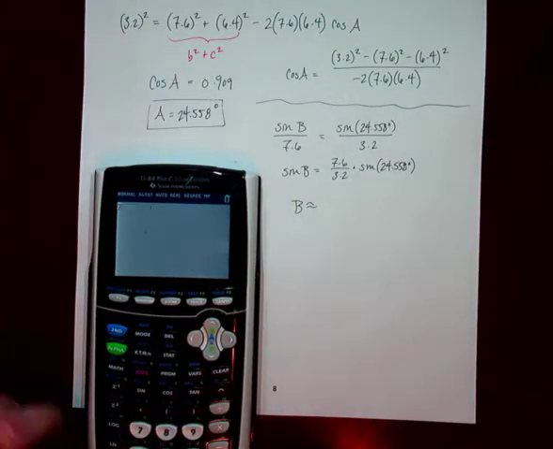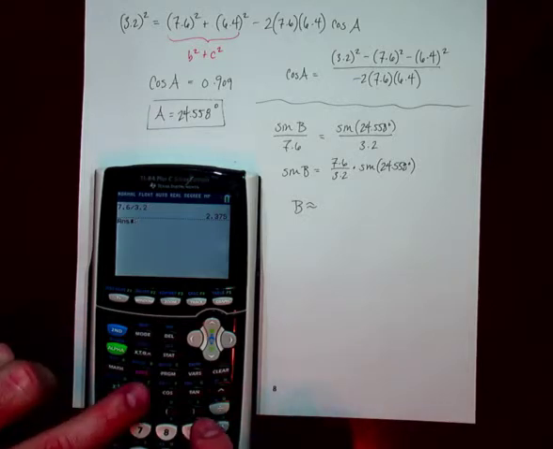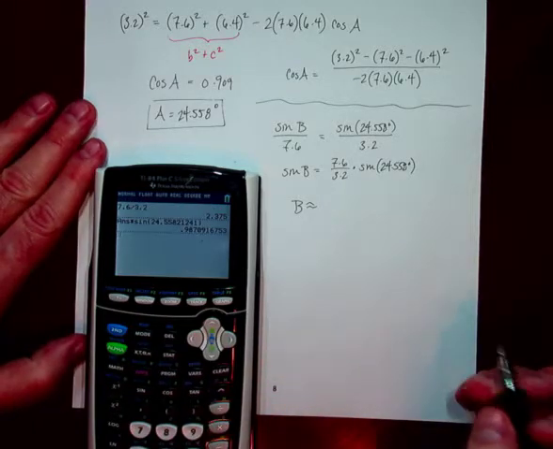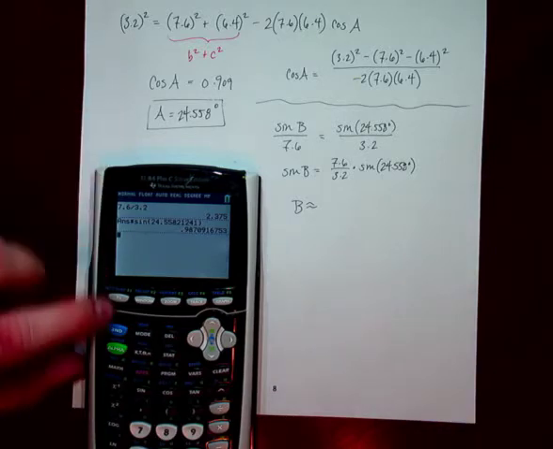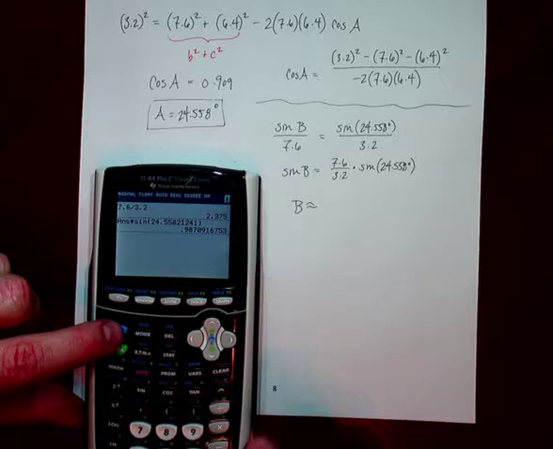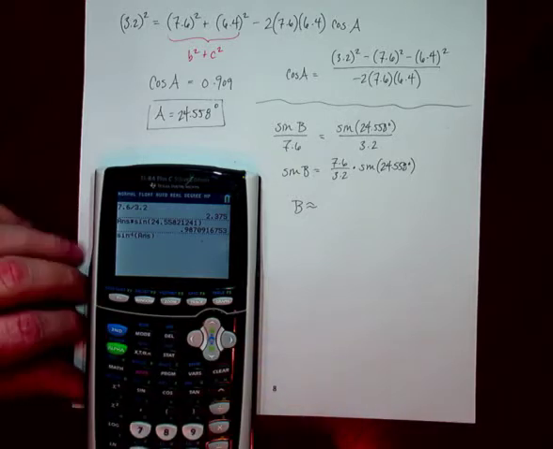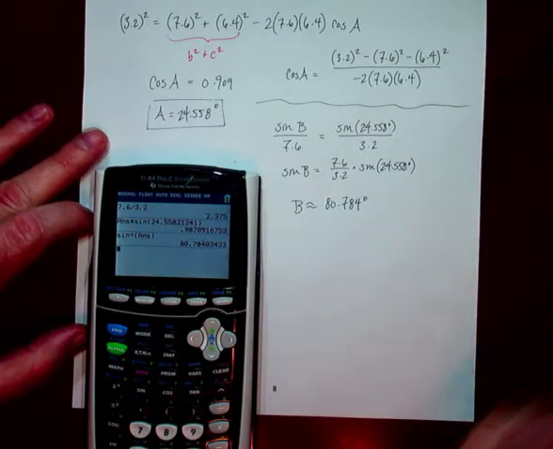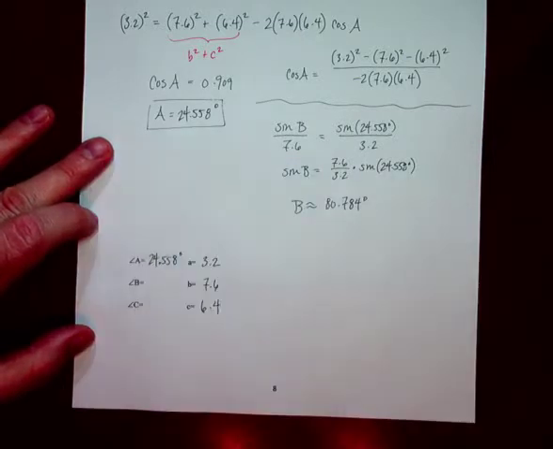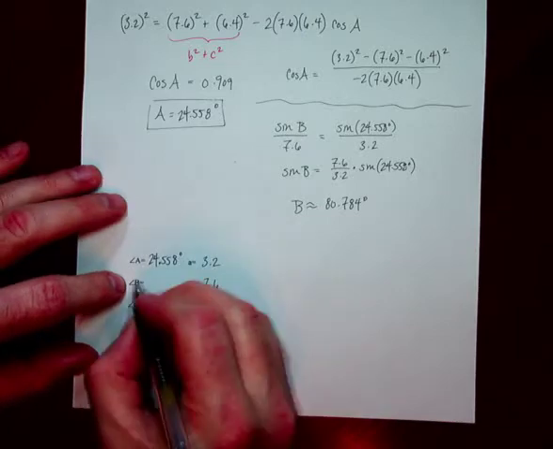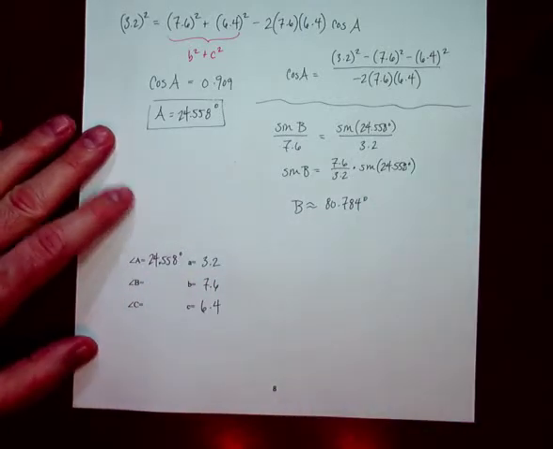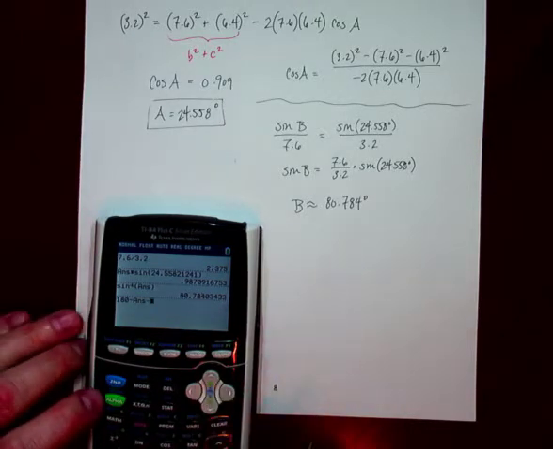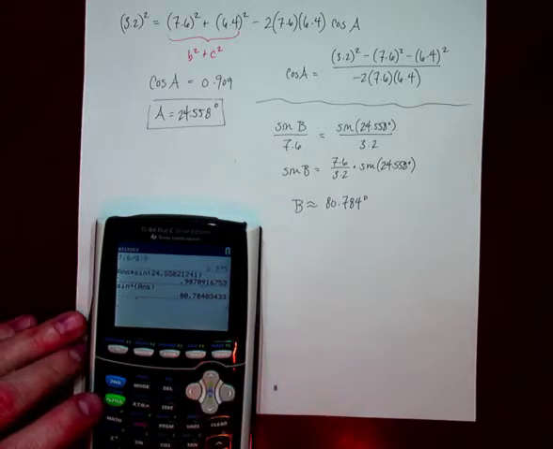7.6 divided by 3.2, and then I'm going to multiply that by the sine of, well, let's find the actual value and use it. That's going to be the ratio, and then I'm going to take the arc sine of that, and I'm left with 80.784 degrees. Now, if I say 180 minus that answer, minus that 24 degrees, I wind up